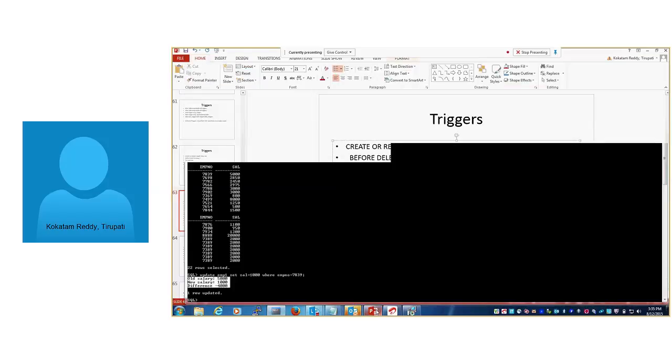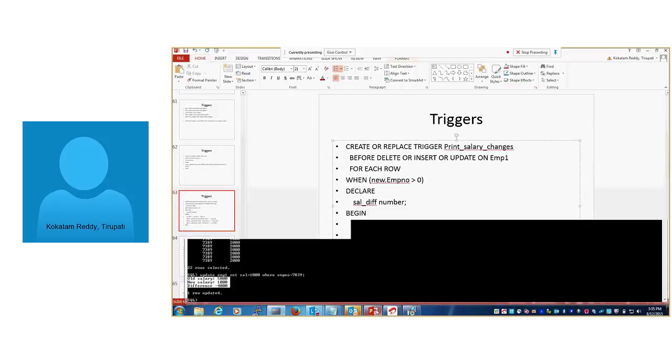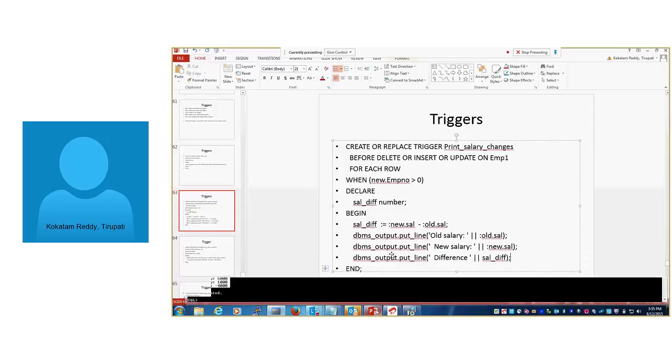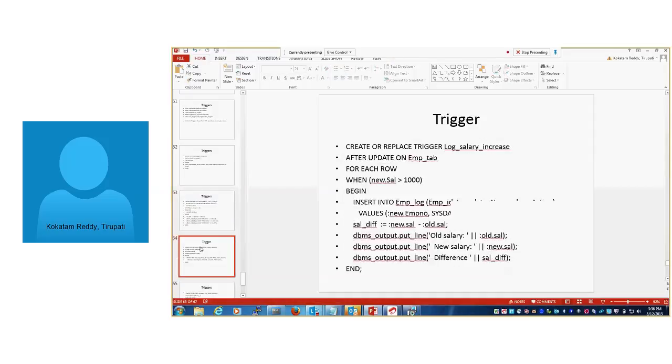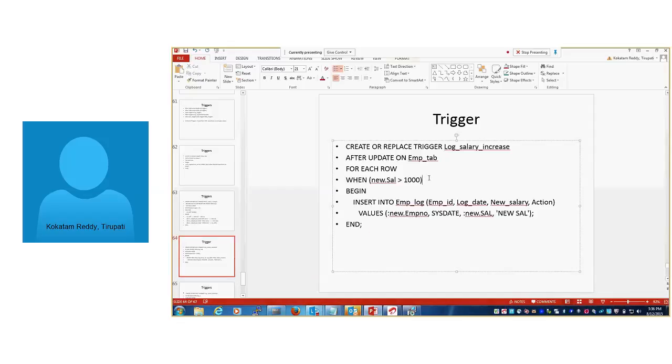This is about trigger. There is one more example for trigger. We can say this is like audit. It is one more main use of trigger. We can audit through trigger. We can audit any table. We can audit any information through trigger.